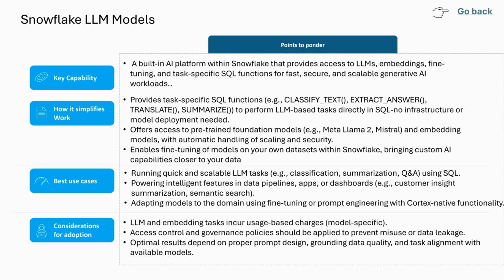Absolutely, Keith. Completely agree with that. And this Cortex AI is something I've been personally exploring. Earlier I was showing the link to my Medium channel. There I've written extensive blogs, be it on Document AI or Copilot or the LLM functions.